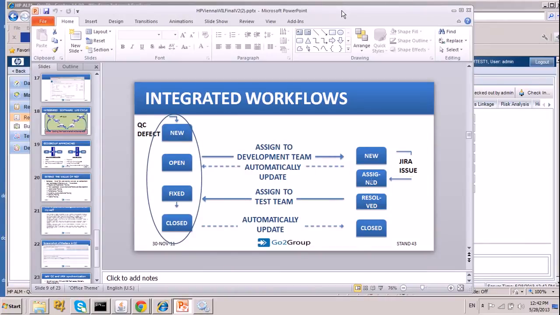One beneficial effect of this bridge is that we offer you the integrated workflow to enable the developers that use the Jira and the quality assurance team that uses Quality Center to work together. For example, in this integrated workflow, say the QC team can create a ticket, a defect, and set it to new,